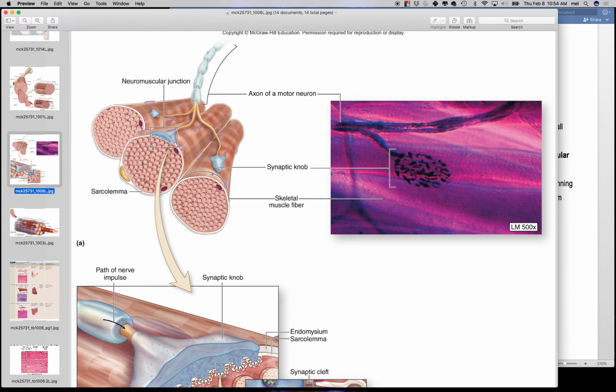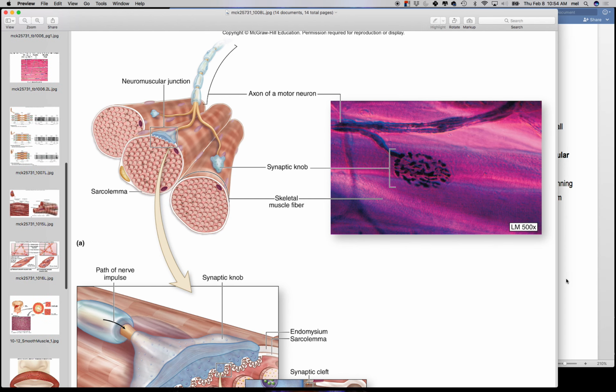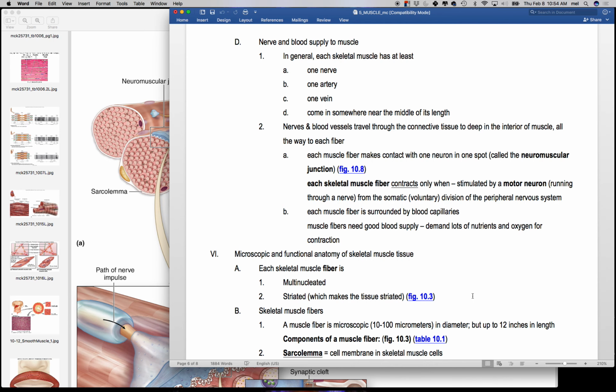But what if I transect my spinal cord? Is my doctor going to tell me that you might actually walk again? No, you are not going to walk again because the central nervous system has almost zero capacity for re-innervation. That makes sense? So it just depends on where you damage and whether it's CNS or PNS. We'll talk about that when we get to the nervous system too. So highly innervated and really, really, really vascular. Okay,